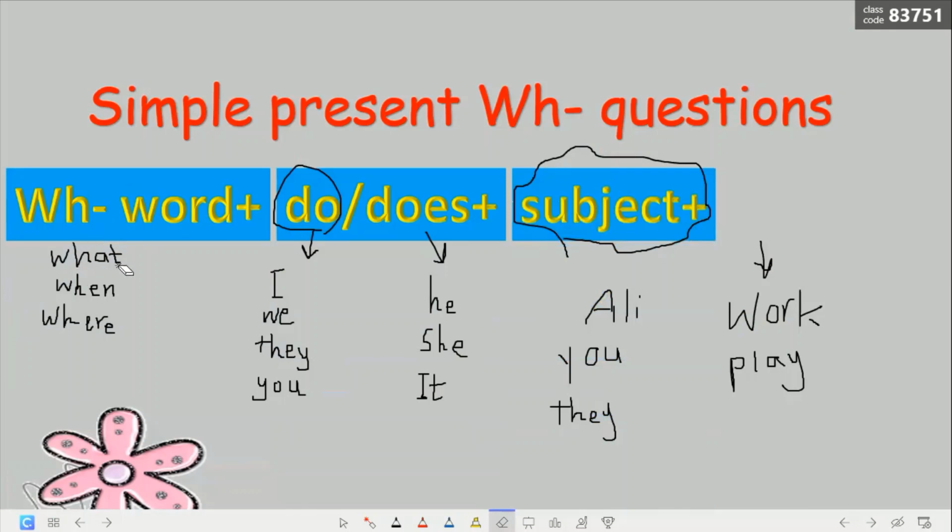For example, what does Ali do? بيجي بعدهم طبعا الverb. What does he do? What do you do? Where do you work? What do you do? Whatever. ال WH word بتيجي الأول اللي هي كلمة الاستفهام اللي بتبدأ ب WH وبعدين بعدها do أو does